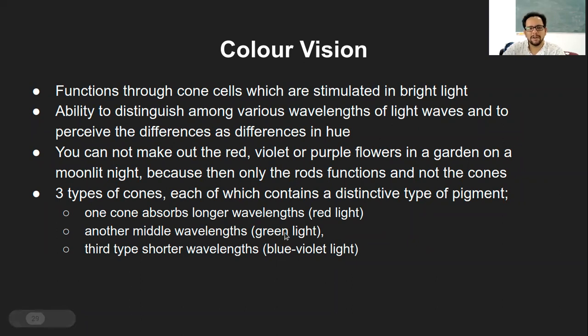So that is a simple distinction between different types of cells. One is a lower range of wavelength, one the middle range, and one the higher range of wavelength, and because of that you see different colors. Each of these types of cone cells has a different wavelength of absorption. That is why there are different changes in the pigment, and different changes in the signal being passed on from the retinal cone cells to the brain, and that's why you are able to interpret the colors. That is what is explained with color vision on this slide.